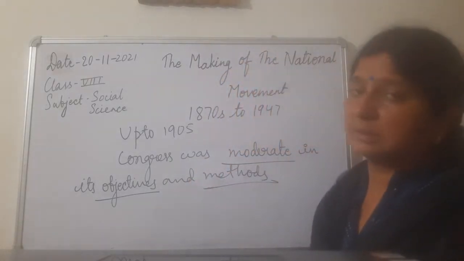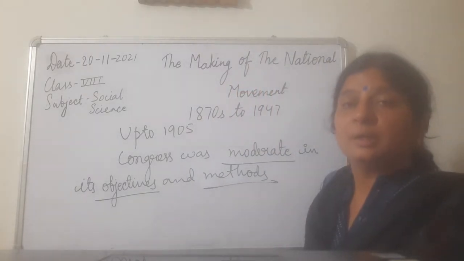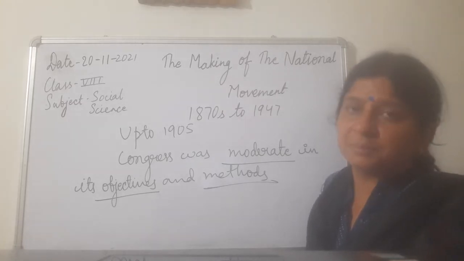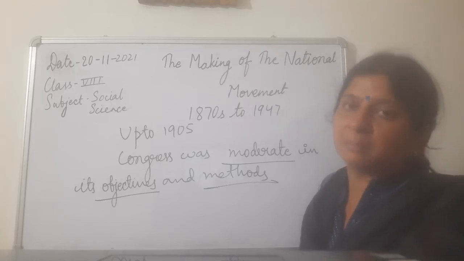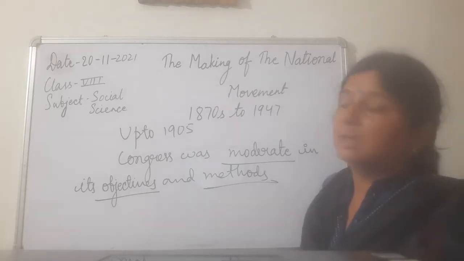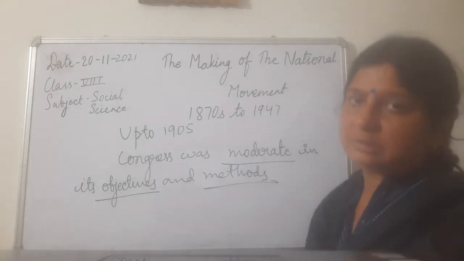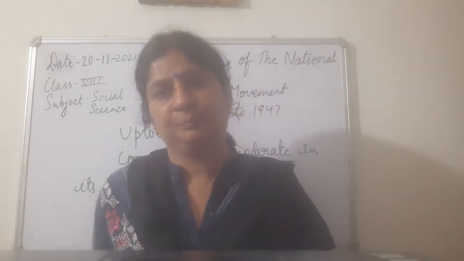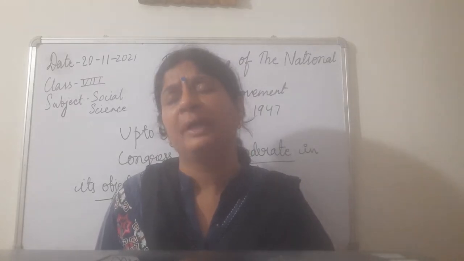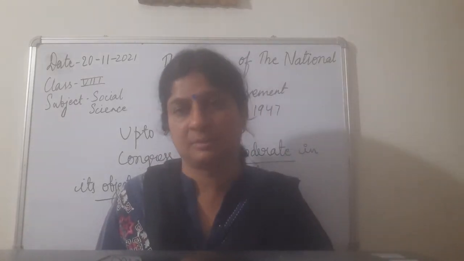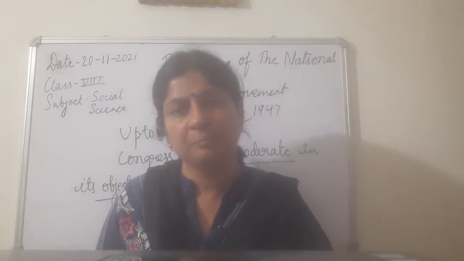And objective का, इसके objective जो हम अभी बताएं, just that is the objective. The objective was not to end the British rule. The objective was not to accept the British rule as it is, but the objective was to bring some changes in the British rule according to the demand of the people of India. And what was the method? The method was also moderate. It never supported, it never wanted to bring changes in the governance through any kind of violence. They wanted कि everything should be done in a peaceful manner,